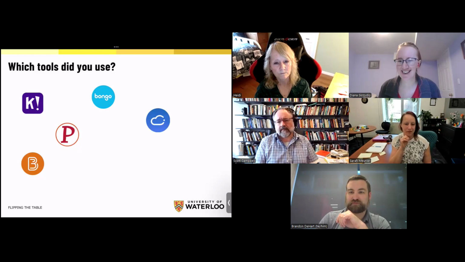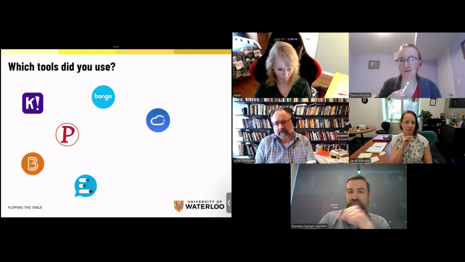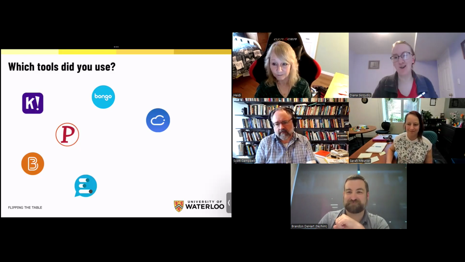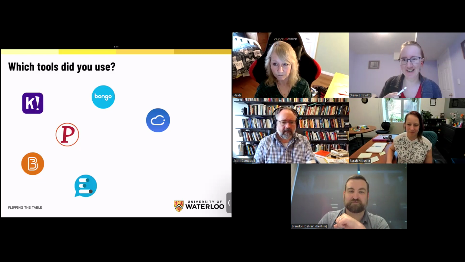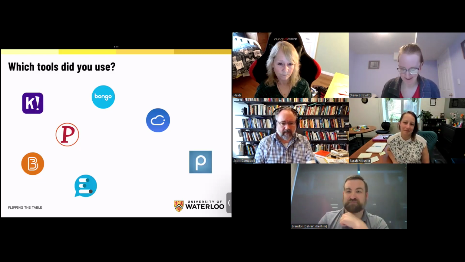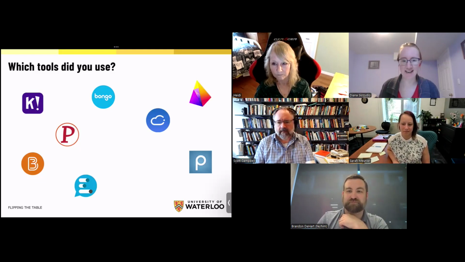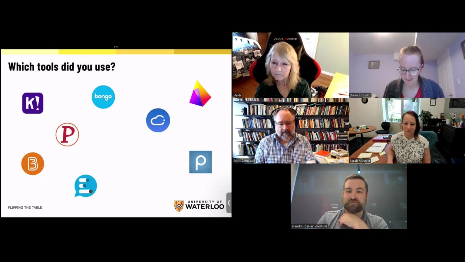That's iClicker Cloud. Heidi mentioned that's used. This is Vivox polling. So some people have used that, and the university now actually has, as of today, literally May 1st, a year-long trial license. So if you're interested, contact Pamphlettert. A really great tool. Brandon gives it a thumbs up. Of course, Piazza, a few people mentioned that. Critic, Brandon mentioned that as well. That's a great one. Oh no, you can get that money back. Madeline, you can probably get your money back. Critic is great for peer assessment. That's MATLAB, so MATLAB Grader.